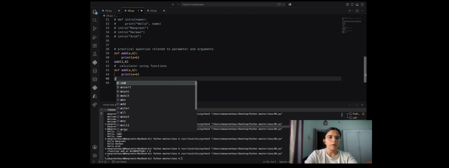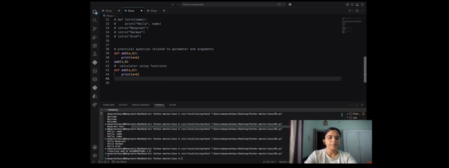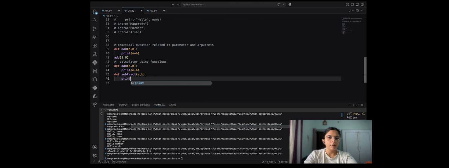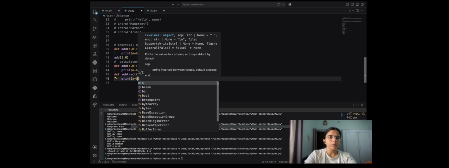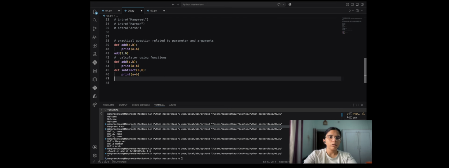Then a minus b, and multiplication, a comma b.